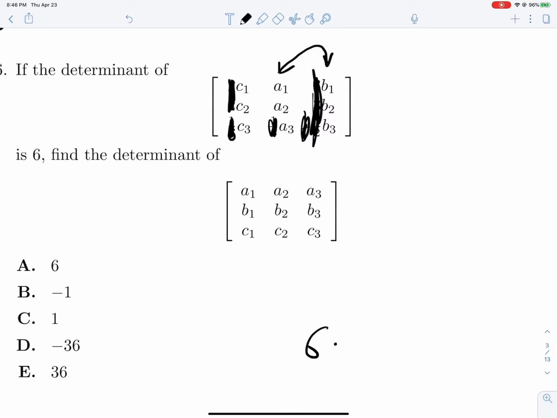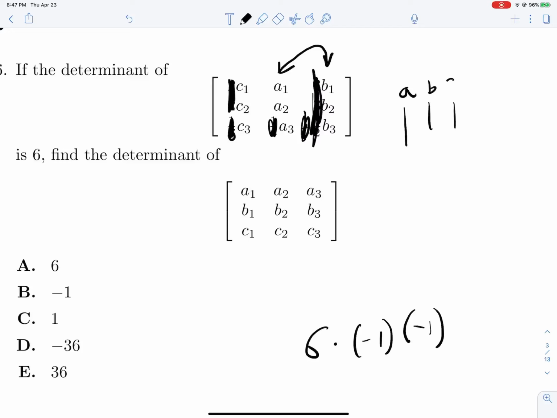And so our determinant will not have been changed by any of the transposes, but it will be multiplied by -1 for switching two rows. So switching these two will multiply our determinant not by -6, but by -1. And then you'll see, since we now have a C column, a B column, and an A column, all we need to do is switch the A and the C column, which is another -1, so we're left